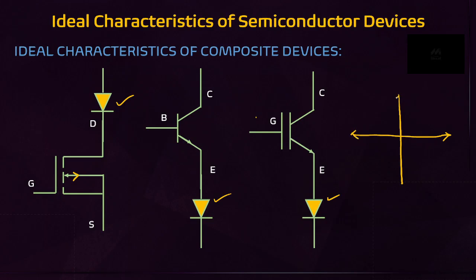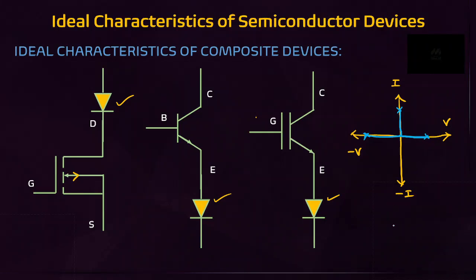This is I and this is minus I, and this is V and this is minus V. Yes, friends. Then all these devices without any diode operate up to this first quadrant. Without any diode, the first quadrant you already know. But because of the series diode, extra reverse voltage is blocked. These are the characteristics.